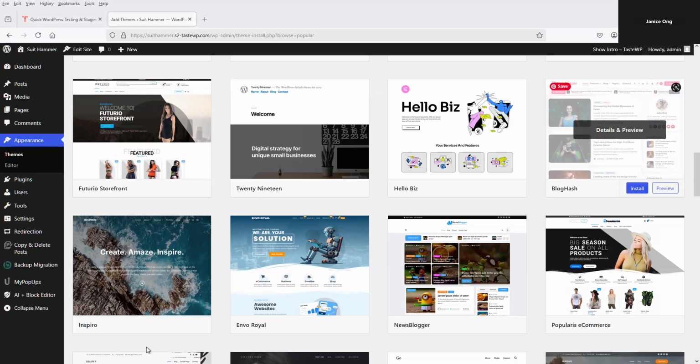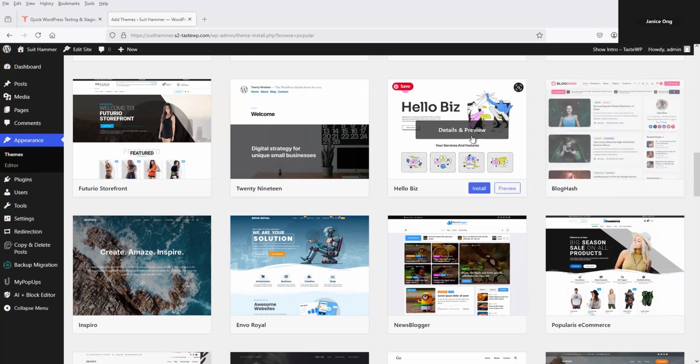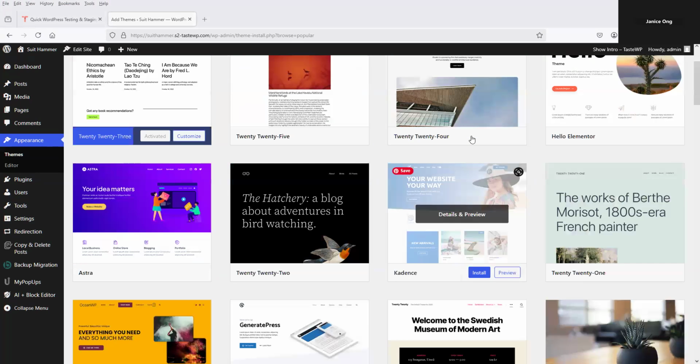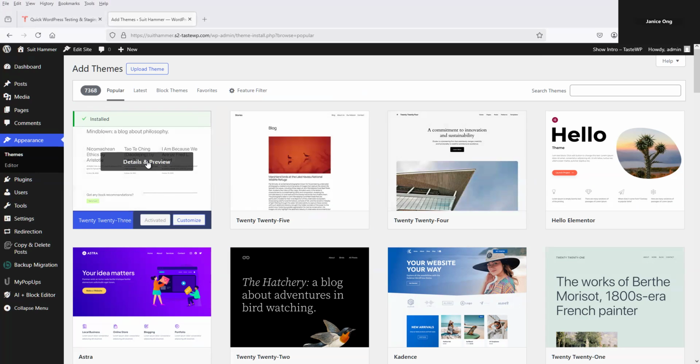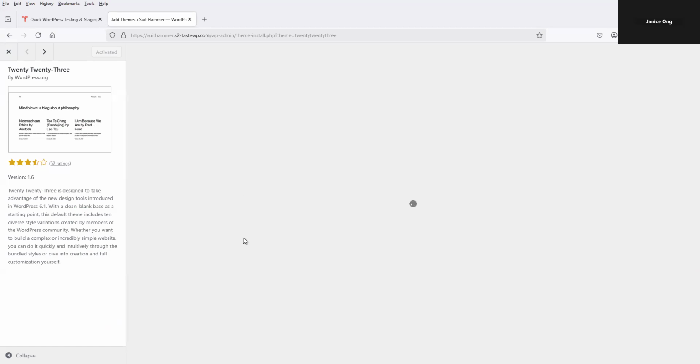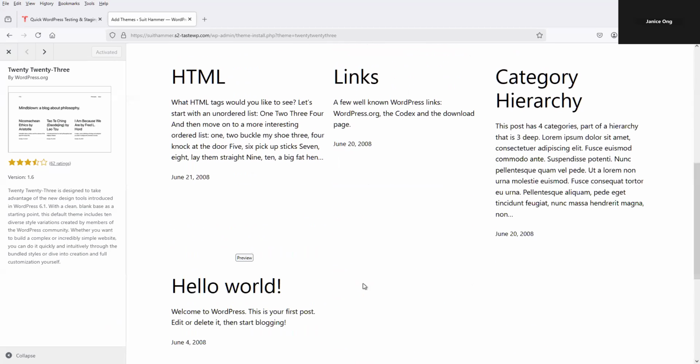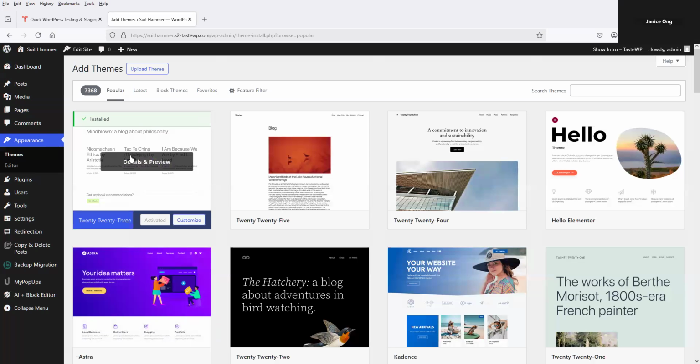Guys, today I'm going to show you how to change the theme of WordPress. I'm now in my WordPress demo site here. By default, when you first install WordPress, it's actually the 2025 theme. This theme is a block theme. If you want to change the theme, if you don't like this, you can come over